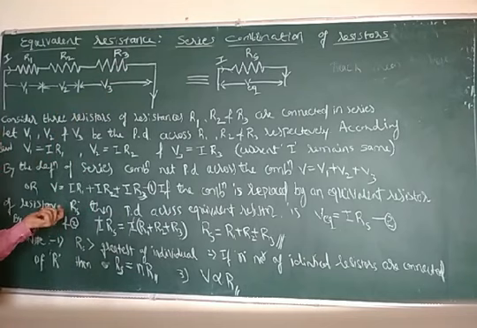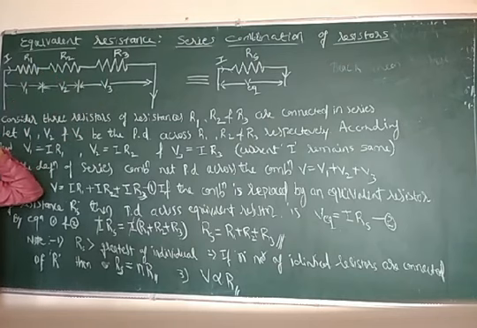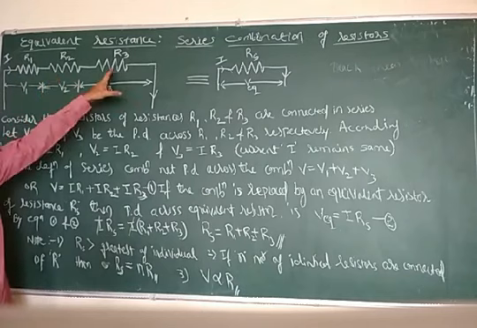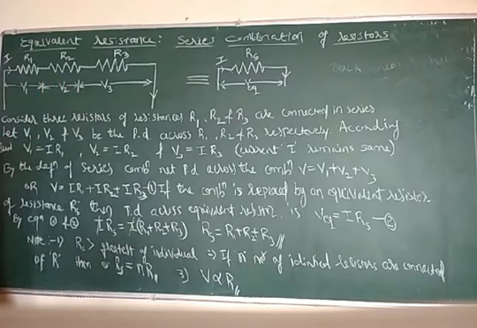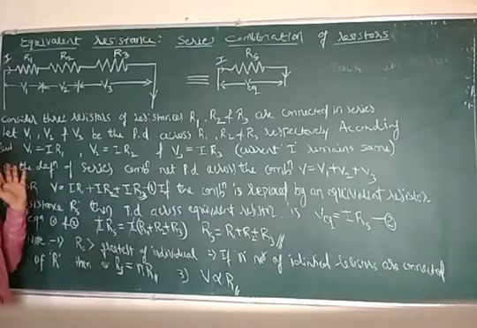Why are these all different? Because of different resistances. All are of different resistances, R1, R2, R3. That's why PDs across individual resistors are also different. Across R1, V1, across R2, V2, across R3, V3. But through all the three resistors which are connected in series, the same current will be flowing. The same current I. That's why it is not represented like I1, I2, I3. It is simply I. Common same current.